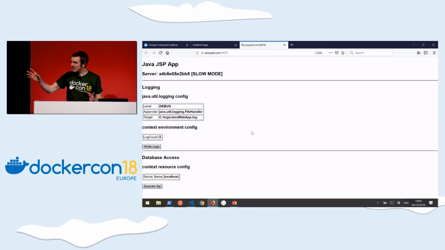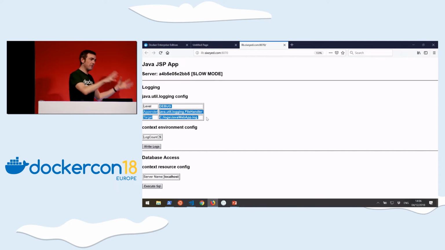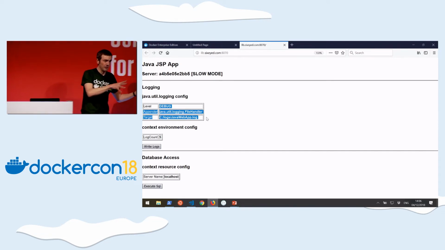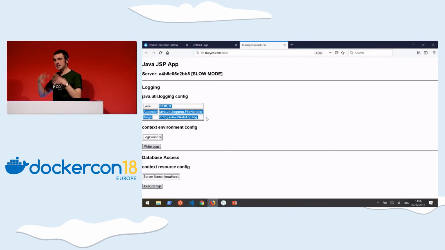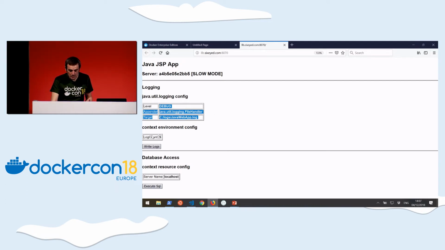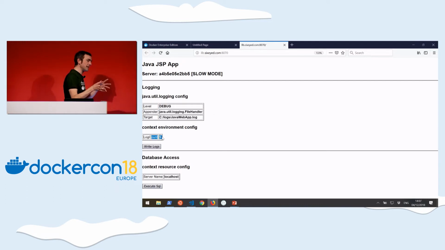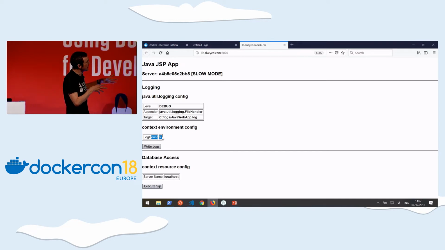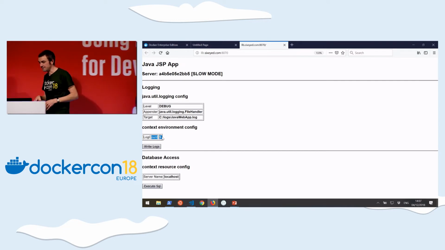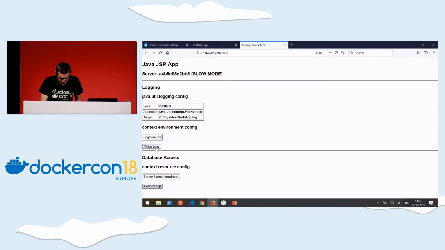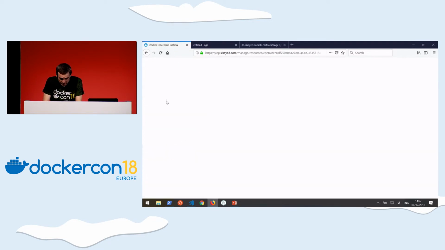My Java application looks pretty much the same. I've got the ability to write some logs and the ability to execute some SQL. I've got two bits of configuration here. Firstly, where the log files get written, that's all coming from configuration. This is the log4j config that's baked into my image, so this is the default configuration. And then how many log entries to write, that's also baked into the image. So this is my app properties that are part of my default configuration. I've already got this set up with my logging relay for my Java application. So when I click that and I go and look at my Java service,